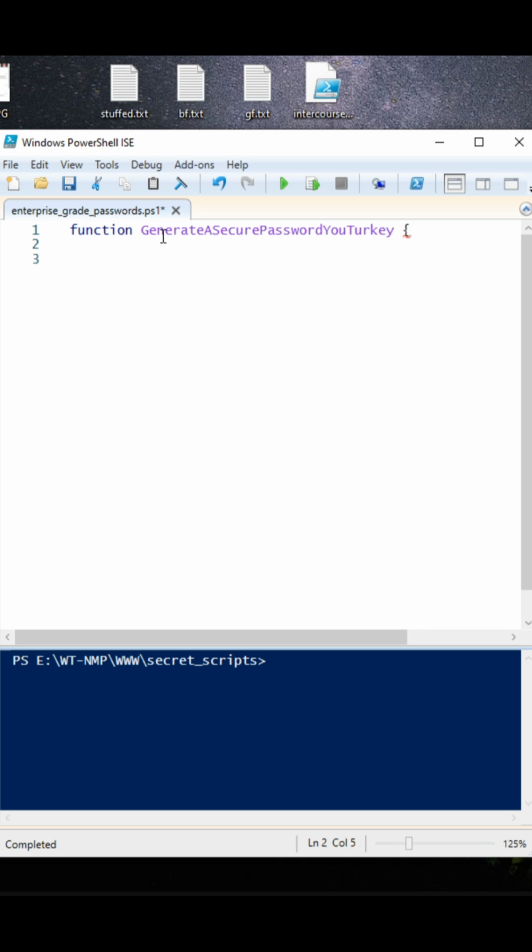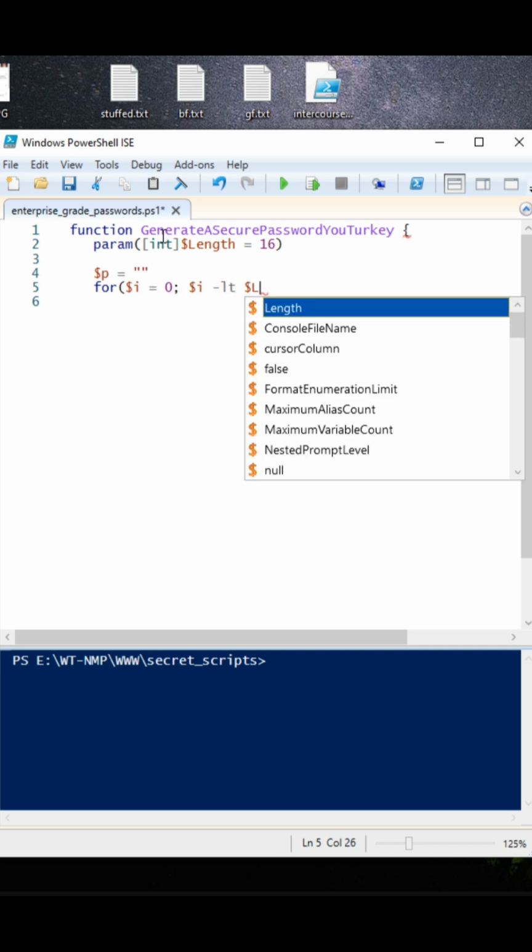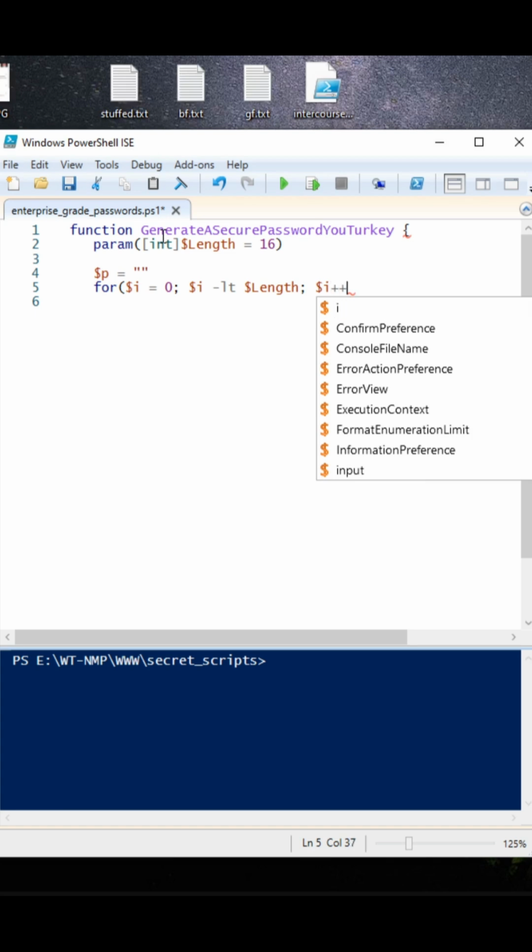And for the parameters, it's just going to be an int, and it's going to be 16 characters long. We're going to do int, the length 16. And so we need to set up our little password right here, and we need to do a little loop. And it's going to be, let me see, so for i equals 0, it's going to be less than the length, i plus plus,